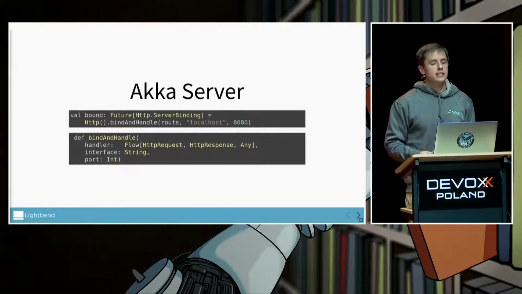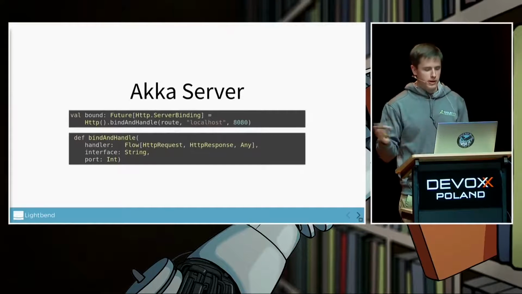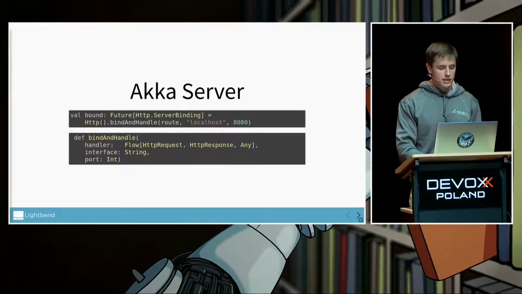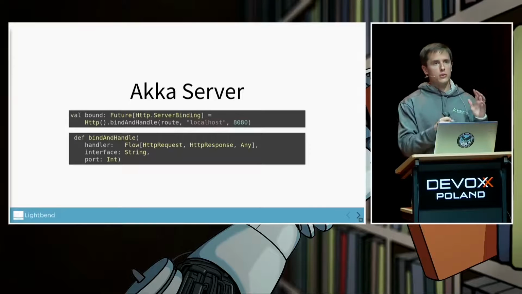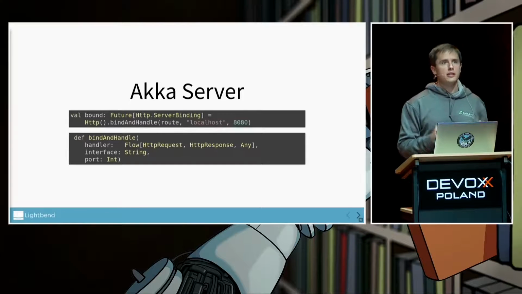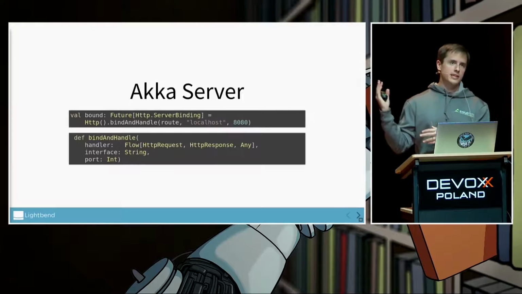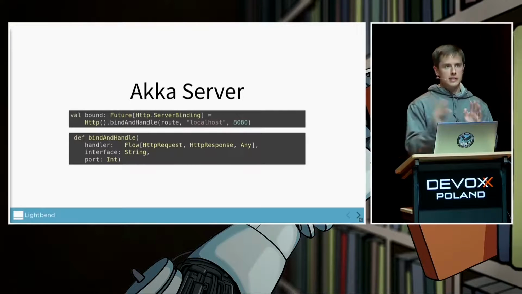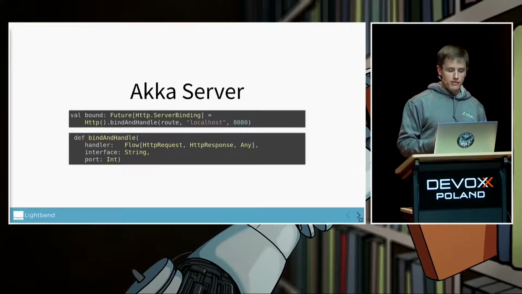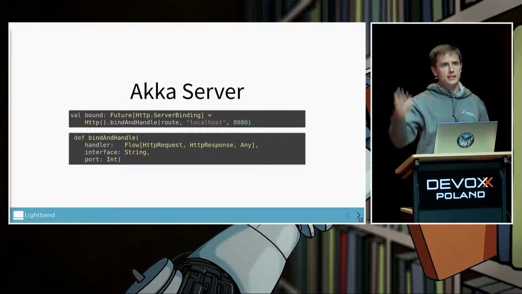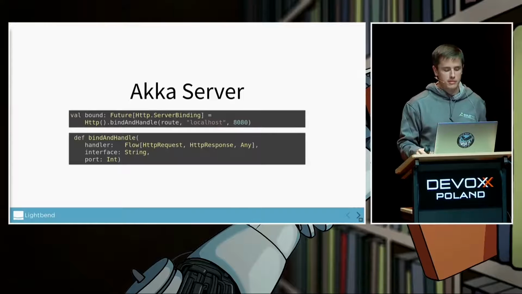On the server side, the Akka HTTP server, we're going to bind to a port. That's not very exciting, but the signature of bind and handle is quite interesting, because the thing that you pass in, the traffic to serve from Akka HTTP, is a flow from HTTP request to HTTP response. There are routing DSLs which we're going to use, so you don't need to deal with that at the low level. But you could have full control over how quickly to take the HTTP request from Akka HTTP.